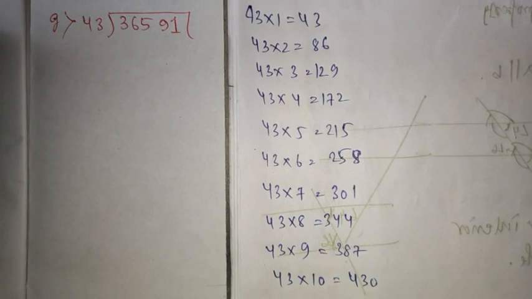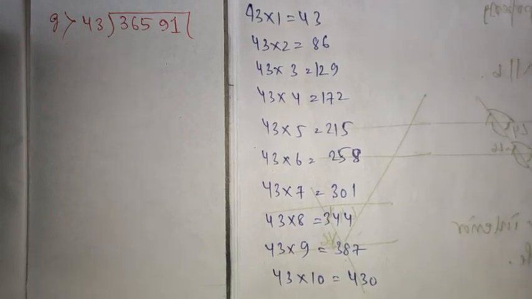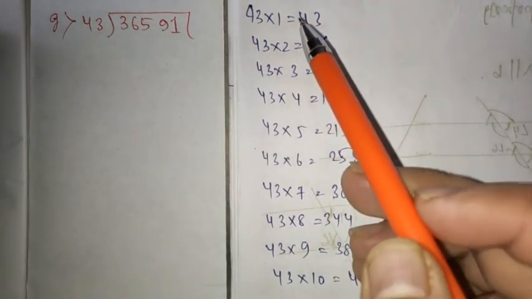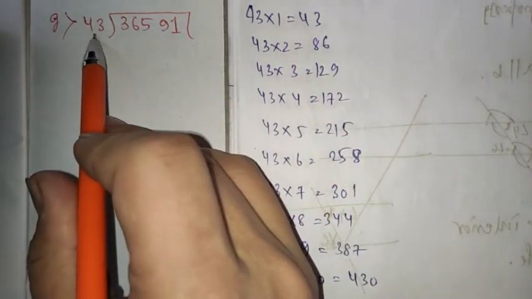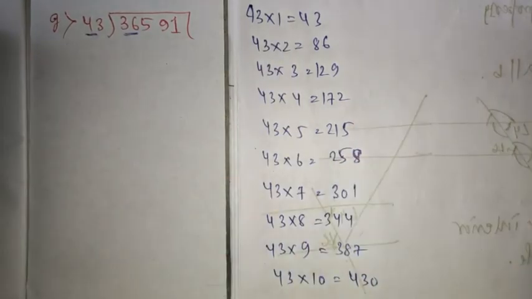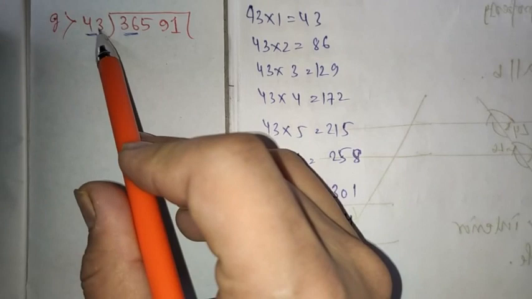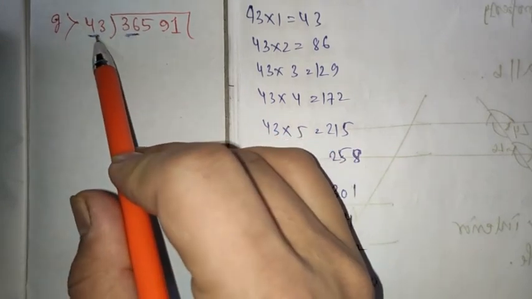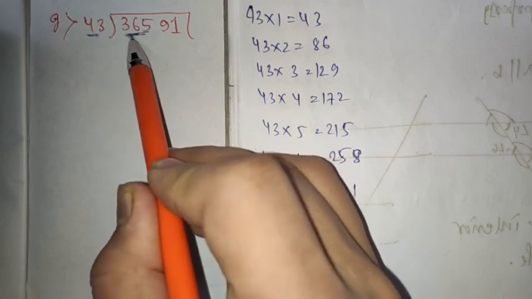You may write roughly in your rough copy and try to have the knowledge of the multiplication also, properly, so that it will help you to do this problem. You just see here it is 43 and 36. You cannot take 2 digits here, right? Although both are 2 digits, 36 being smaller, I cannot take 43, so I have to take the 3 digit number here,